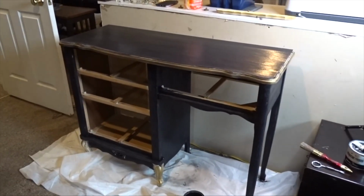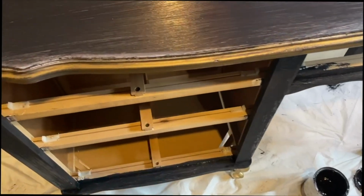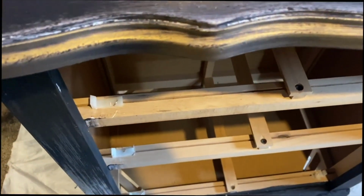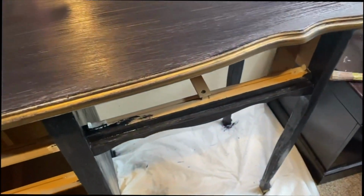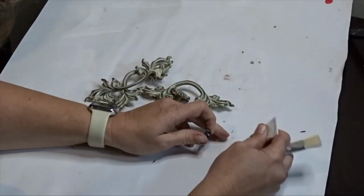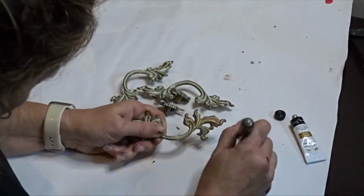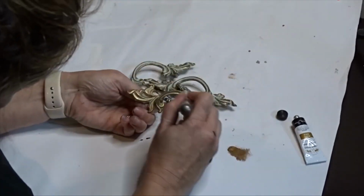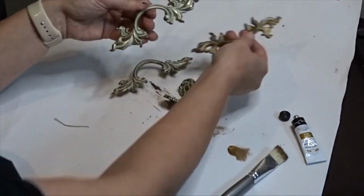So here is the piece after the first coat. As you can see, I'm going to need to apply another coat on here. Some of the white was just showing through, and I figured that is exactly what I was going to need to do. And I also need to paint that piece. While the second coat was drying, because I didn't want to bore you with me painting the second coat, I ended up